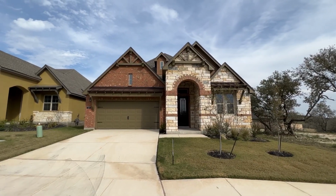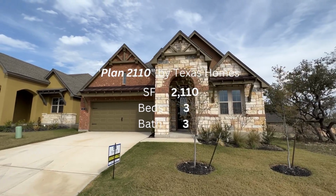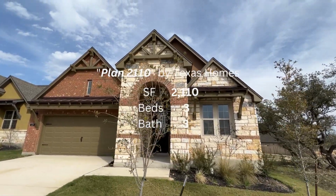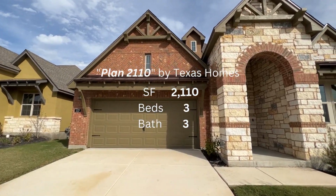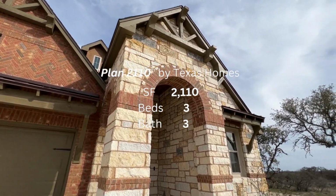Today we're going to be looking at Plan 2110 by Texas Homes. Now this home is 2,110 square feet and features 3 bedrooms, 3 bathrooms, and a 2-car garage. As you can see on the exterior elevation, there are overhangs above the front window and garage door, which are nice added accents. This home features an exterior courtyard with an 8-foot stucco wall that is only accessible through the